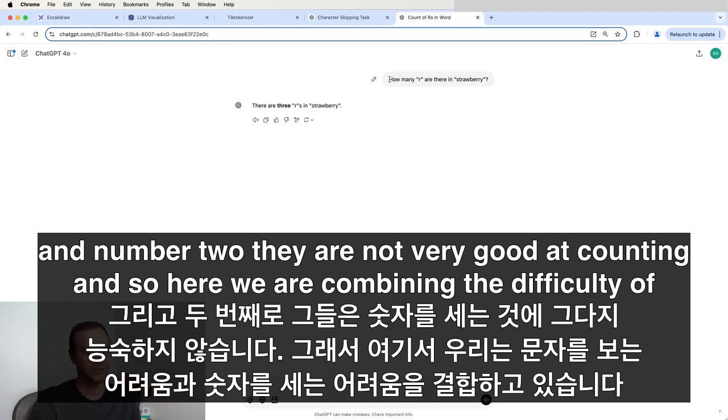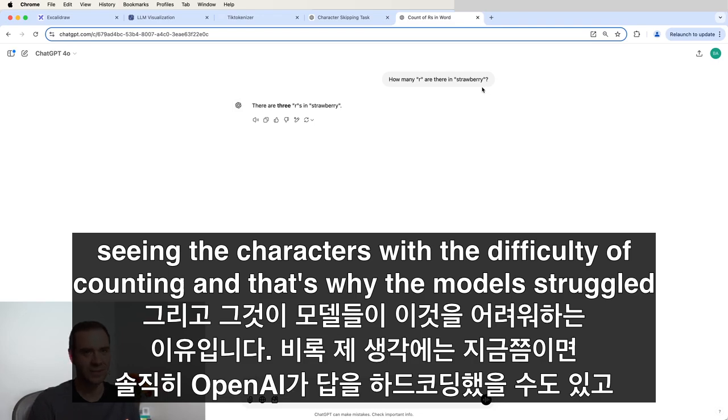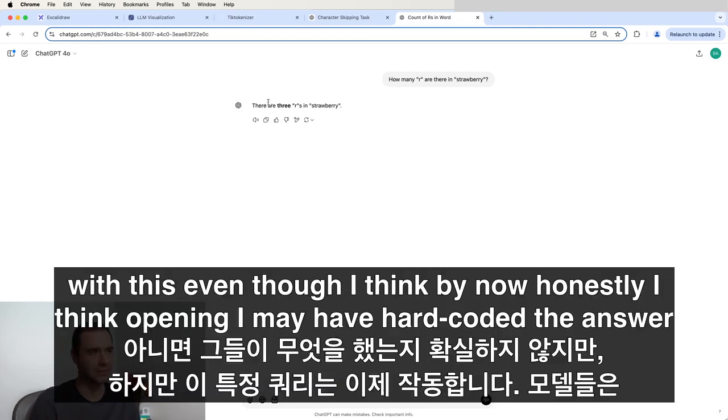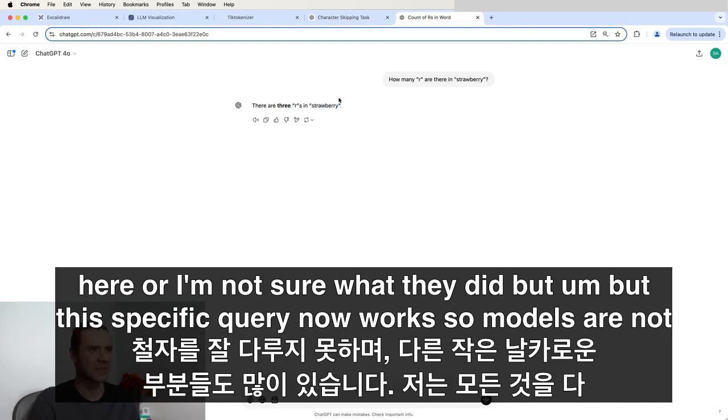And so here we are combining the difficulty of seeing the characters with the difficulty of counting. And that's why the models struggled with this, even though I think by now, honestly, OpenAI may have hard-coded the answer here, or I'm not sure what they did, but this specific query now works. So